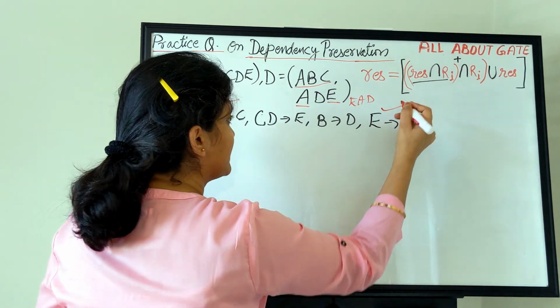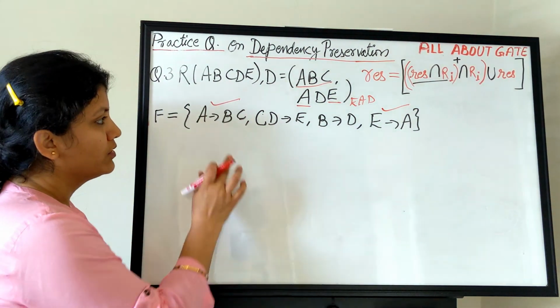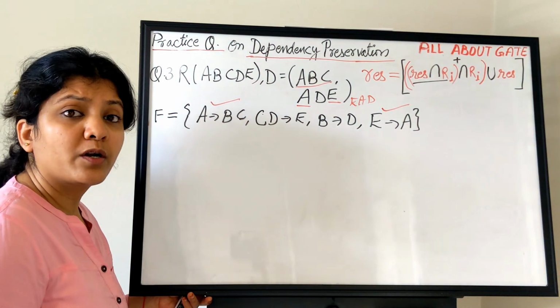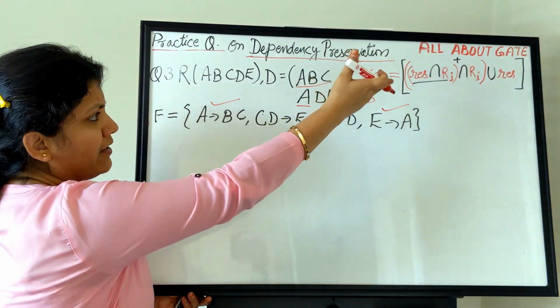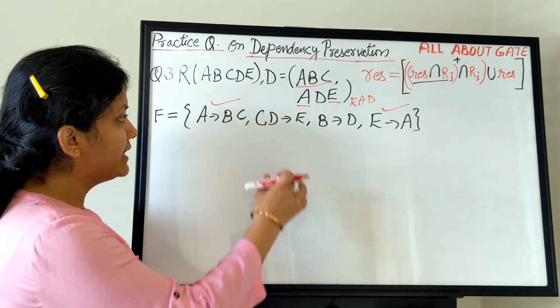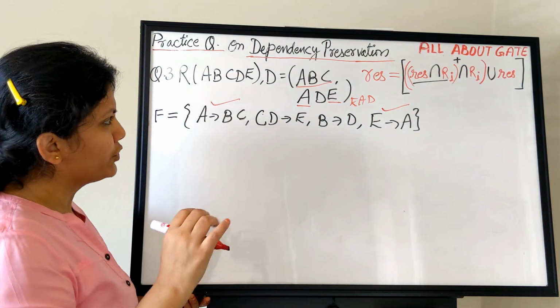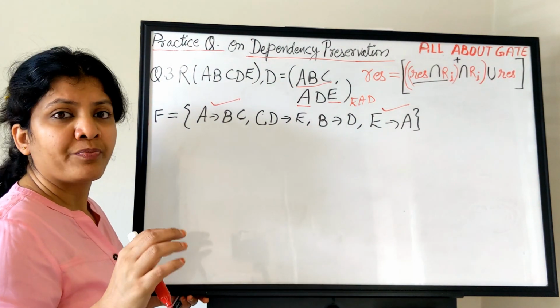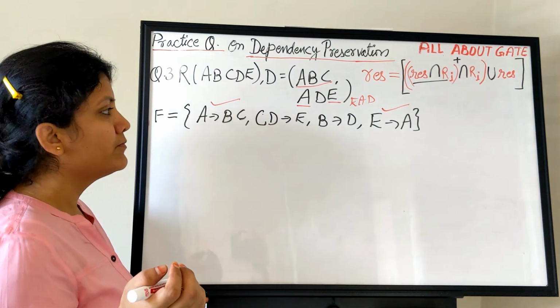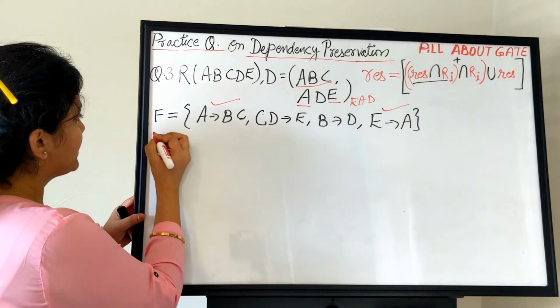So yes, yes. So these two are again true, the first one and the second one. What about the rest? For the rest we have a method, correct? So CD to E and B to D. Do you find it with the help of any of the axioms? No, I don't see it. So let's apply the method.